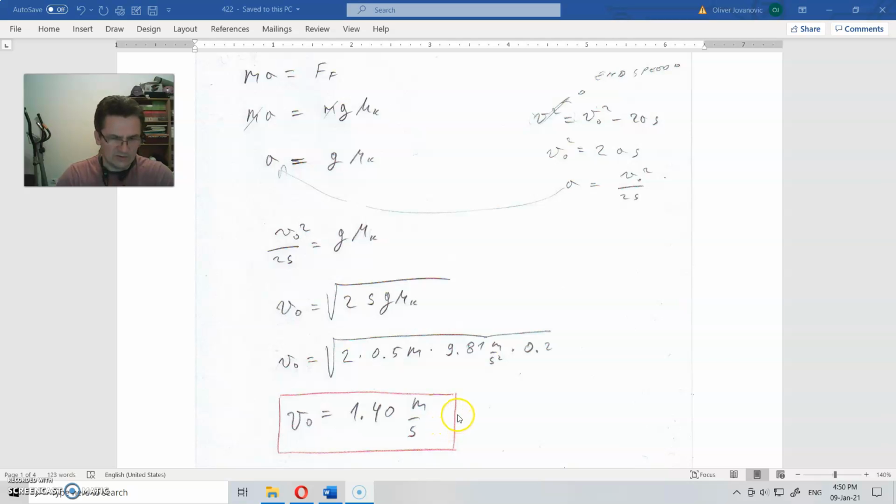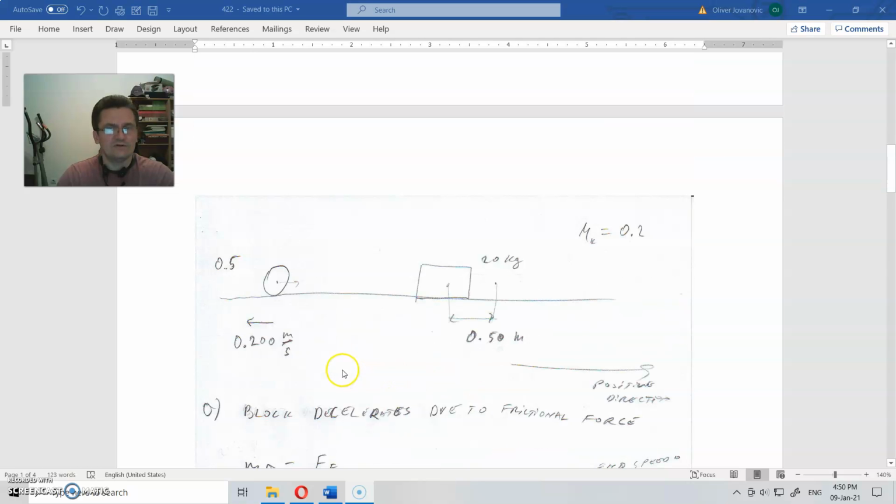What is the speed of the block just after the ball impact? Okay, then the second question is, what was the initial speed of the ball? We don't know the initial speed of the ball. We know that it rebounds back and that it had 0.5 kilograms. So momentum prior to impact has to be equal to the momentum after the impact. You could do that yourself, or for the complete written answer, please follow